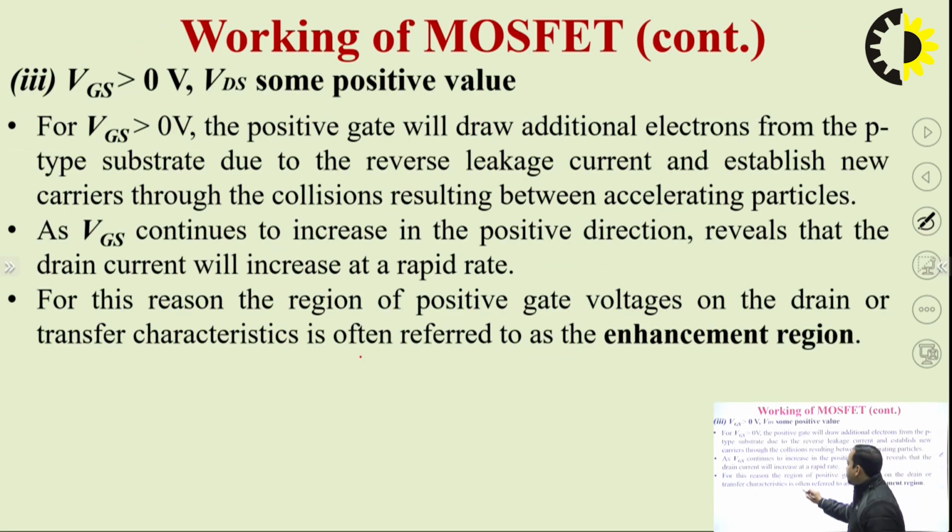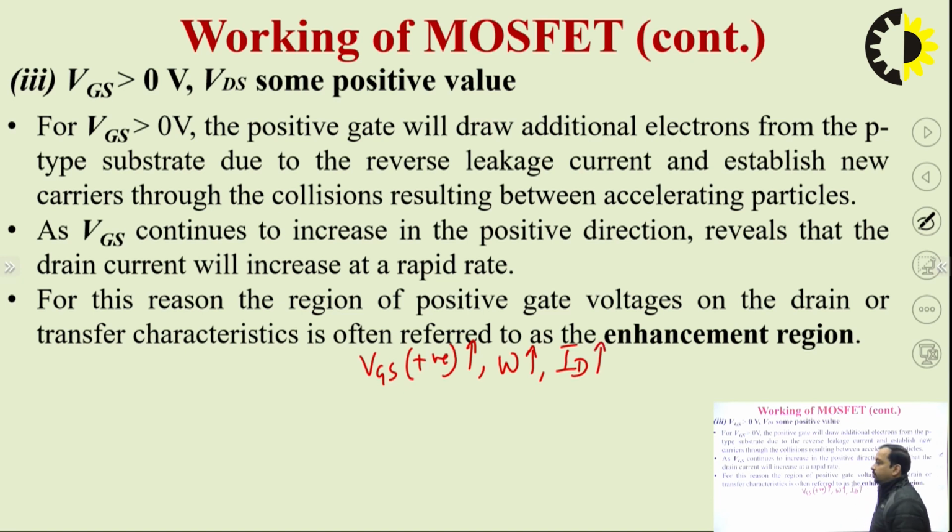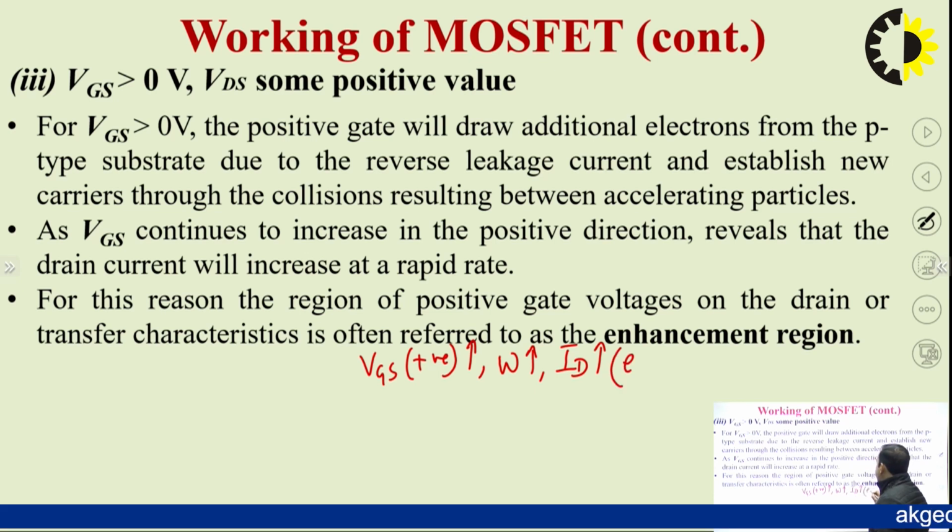So as VGS is positive and we are increasing the value of VGS, it will increase the width of the channel. Now as the width of the channel increases, it will result in the drain current increasing. So this type of operation is referred to as enhancement. This type of operation is known as enhancement because